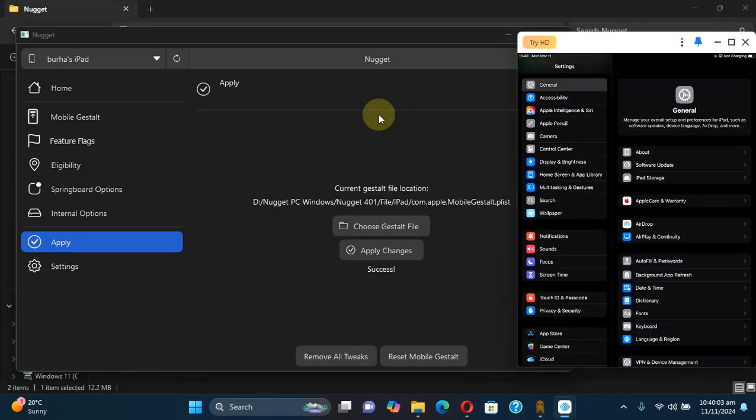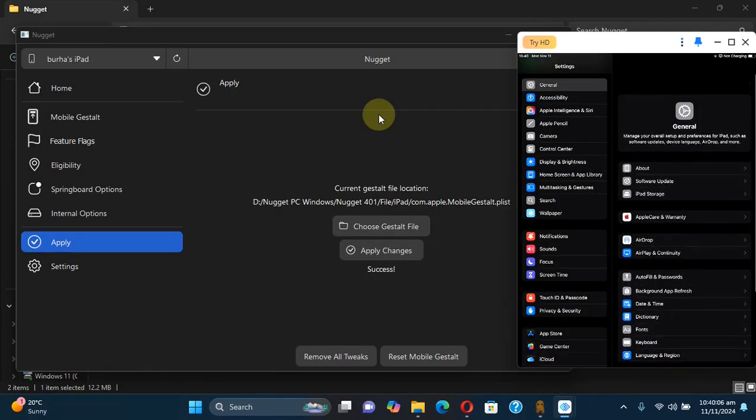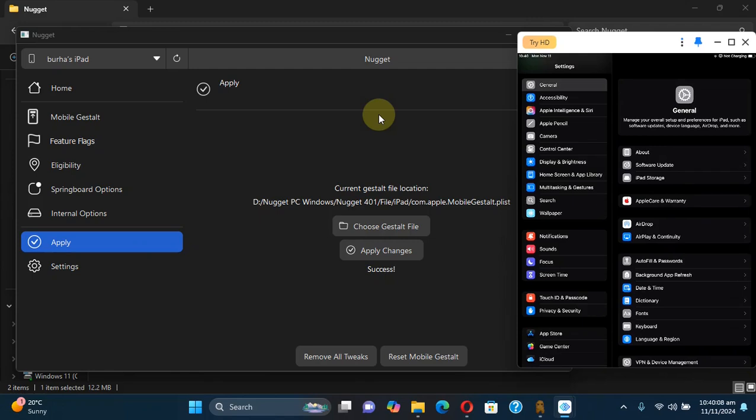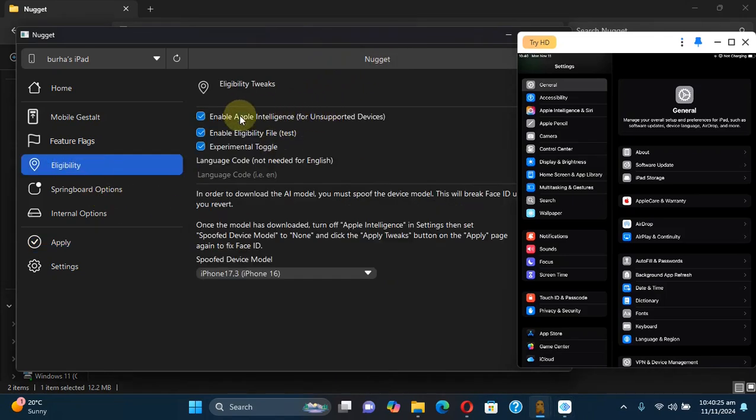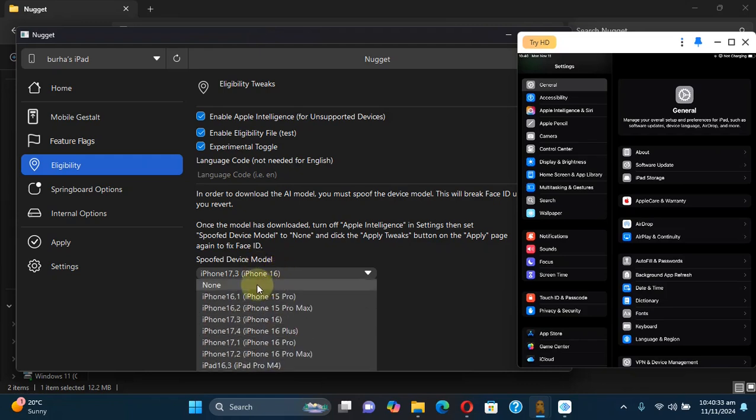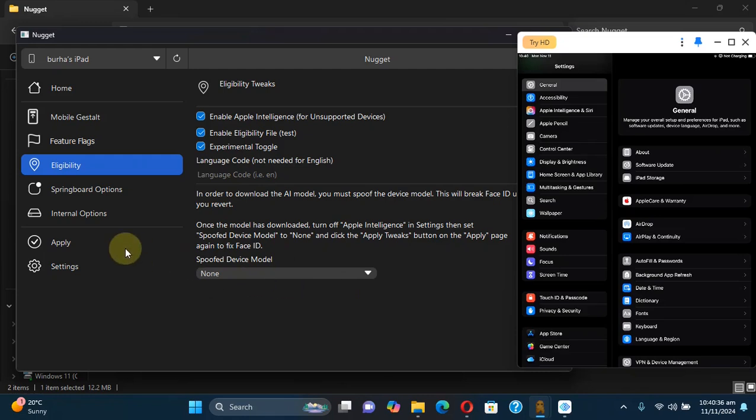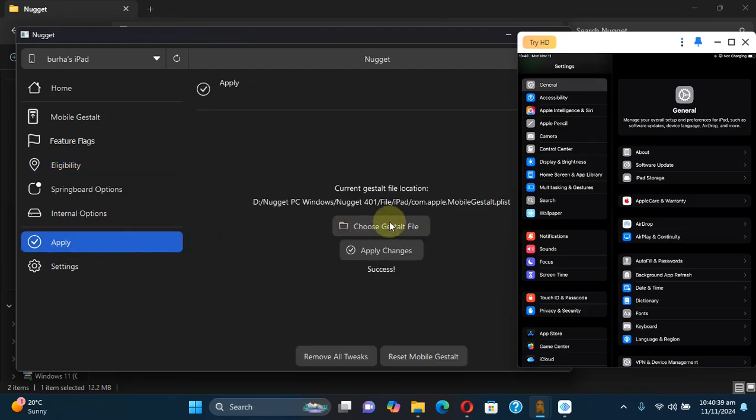Also, enabling the Apple Intelligence on your unsupported devices will break your Face ID, and I will show you how to fix it. So once you're sure that all the models and the Apple Intelligence is now turned on for you, you can fix the Face ID by simply opening the Nugget app, then again going to eligibility and making sure that all these check boxes are checked. But here in device model, simply set it to none,